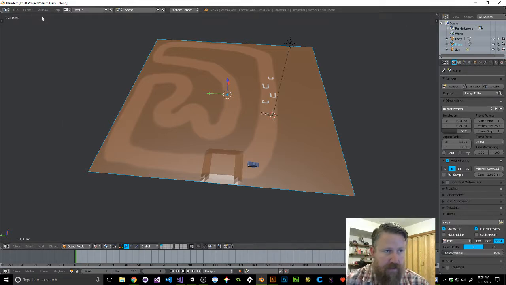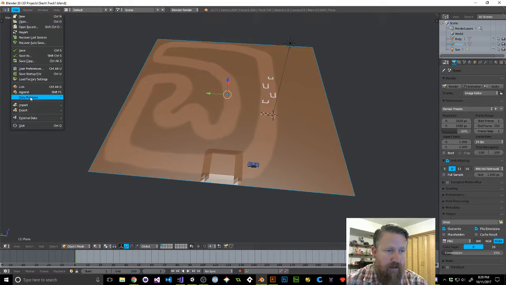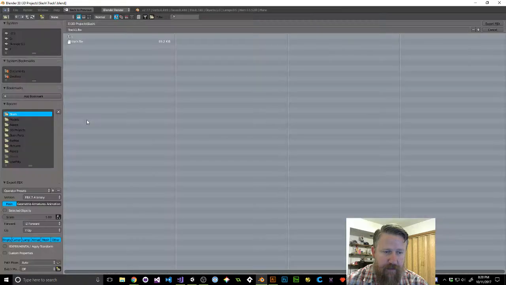So, to do that, go ahead and hit save. Save your project. Go to export. I use FBX. Then I say selected object only because I only want the track. Don't want everything else. I don't want the car body or any props that I might put in there for scaling. So I also hit this experimental apply